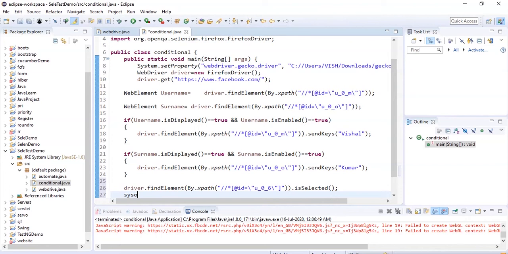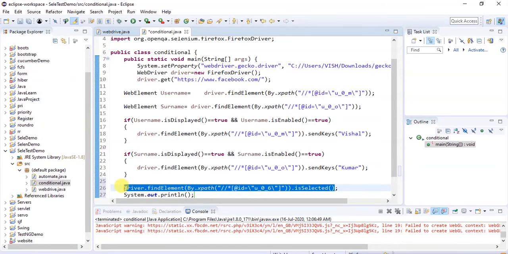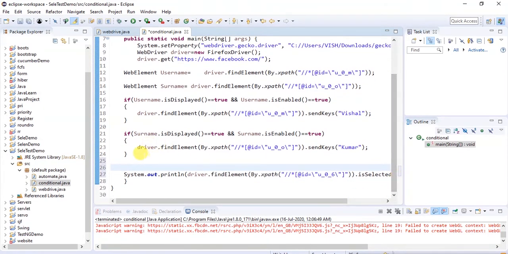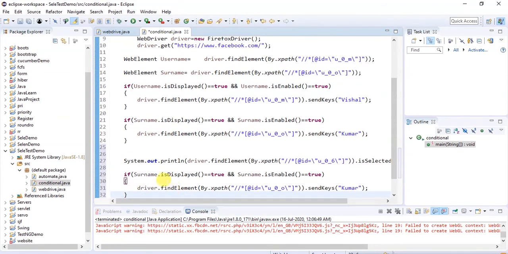We can print this output also. Simply use it here. This will give false, and to validate it, we can use the above code.